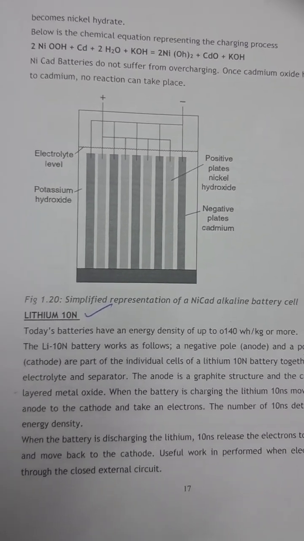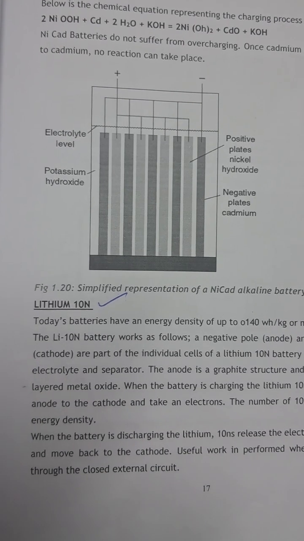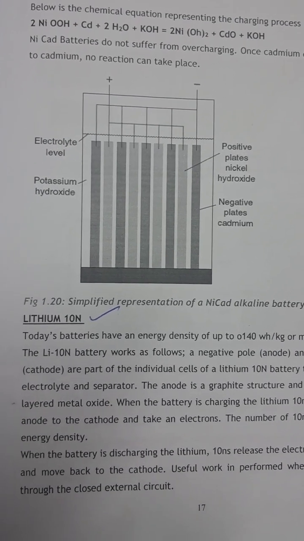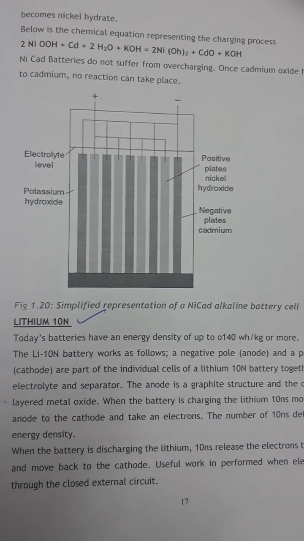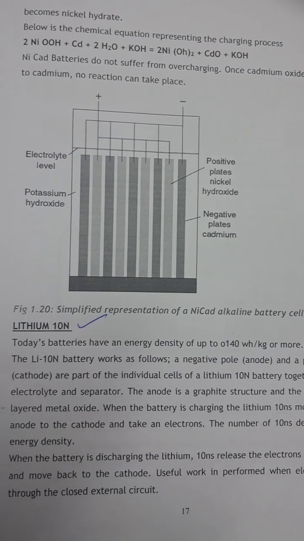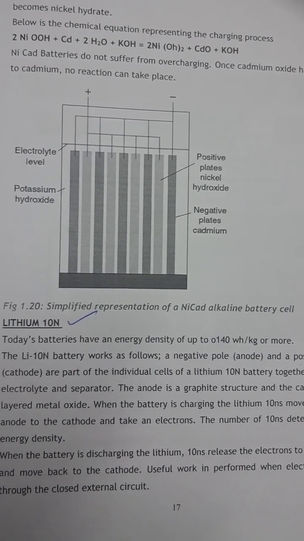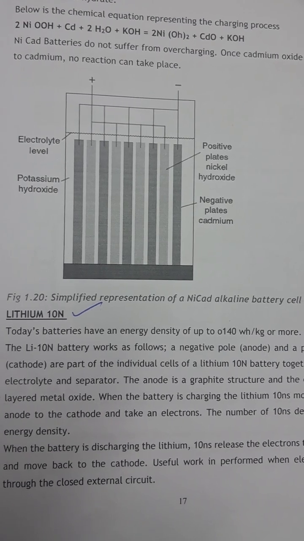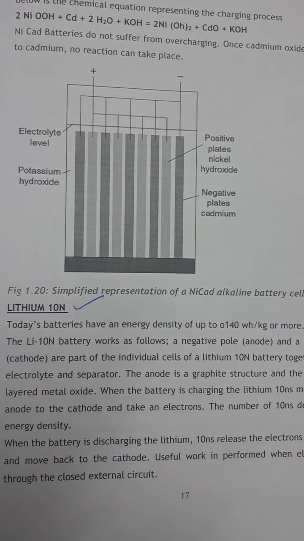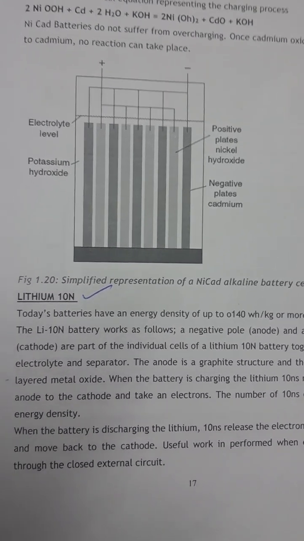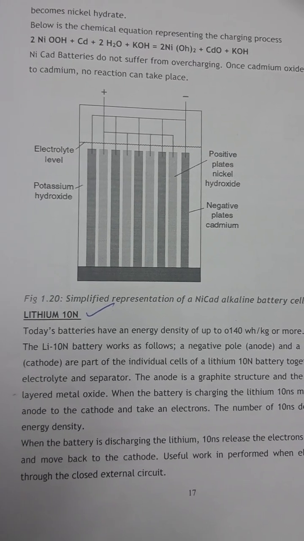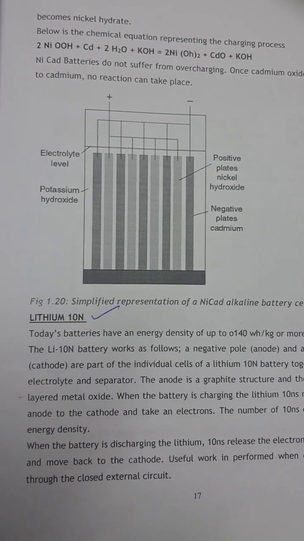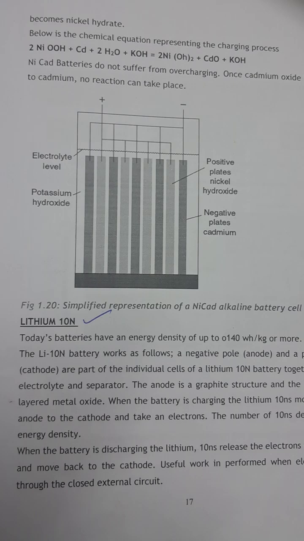The diagram on the screen over there illustrates the chemical content of a nickel cadmium alkaline battery. The electrolyte is potassium hydroxide, and the positive plates are made of nickel hydroxide, and the negative plate is cadmium. So as you can see, this is just technically another case of